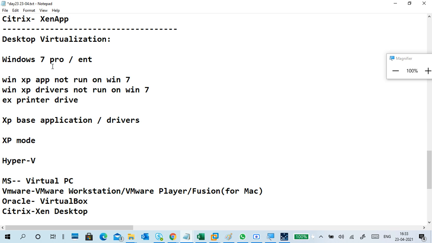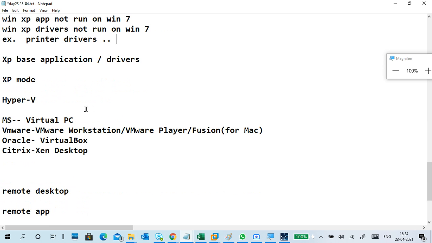I purchased it earlier, and the printer is working well in XP. But when I install Windows 7, the drivers for 7 are not built, because a lot of people had not come out from XP. If you buy a new printer, maybe you will get Windows 7 drivers, but this is an old printer. I have only XP drivers, so it's not working. A lot of people raised questions about it.